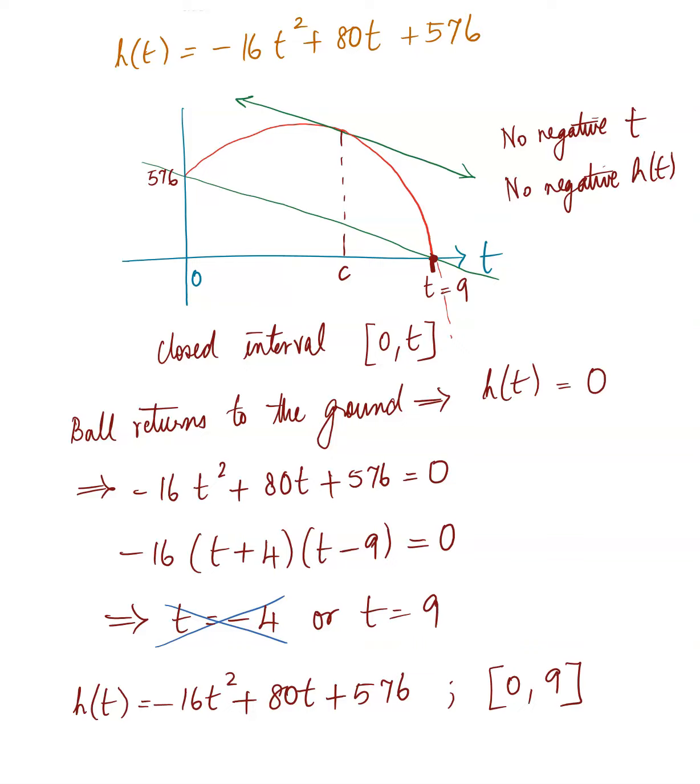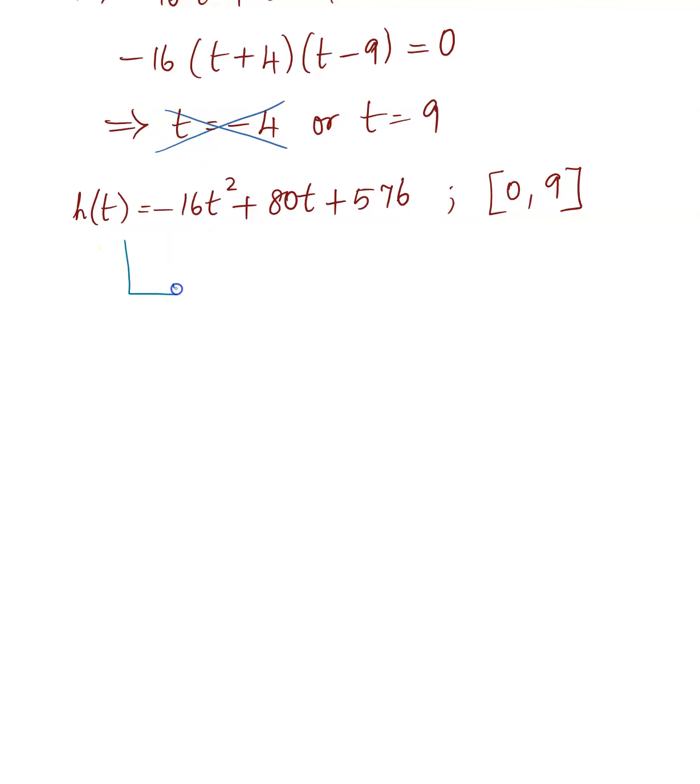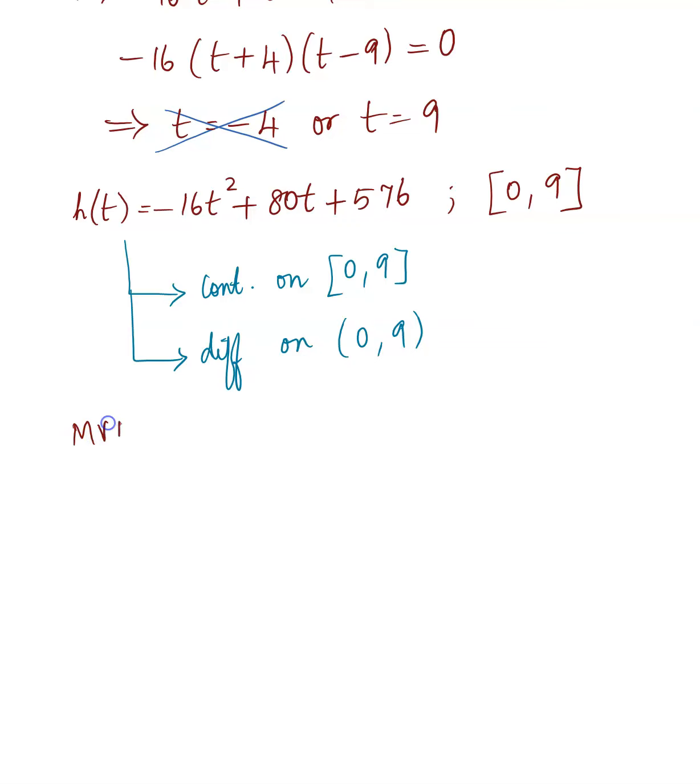the secant line. Let me write that here. The secant line is known as the average velocity, and the tangent line is known as the instantaneous velocity at C. You can say that this is continuous and it's differentiable on the open interval 0 to 9, the interior of 0 to 9. So this implies MVT will kick in now,